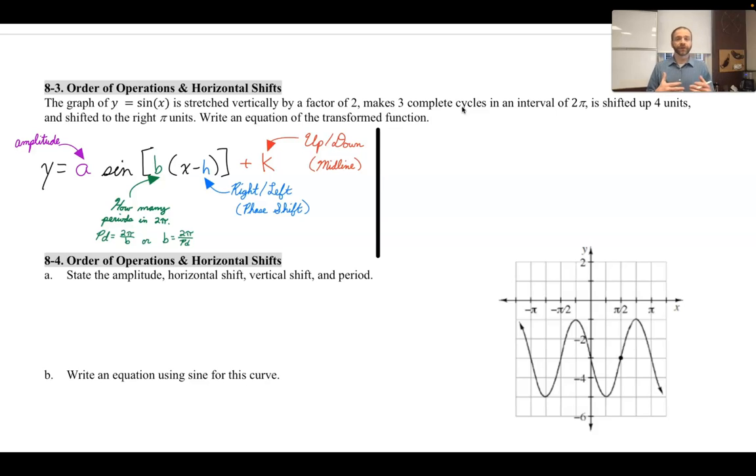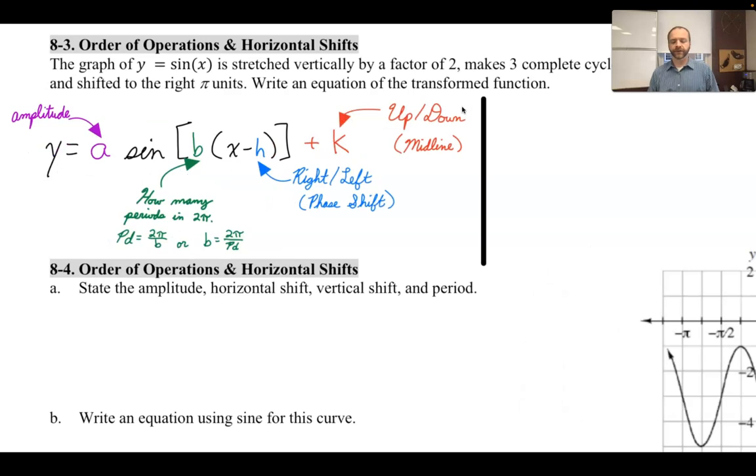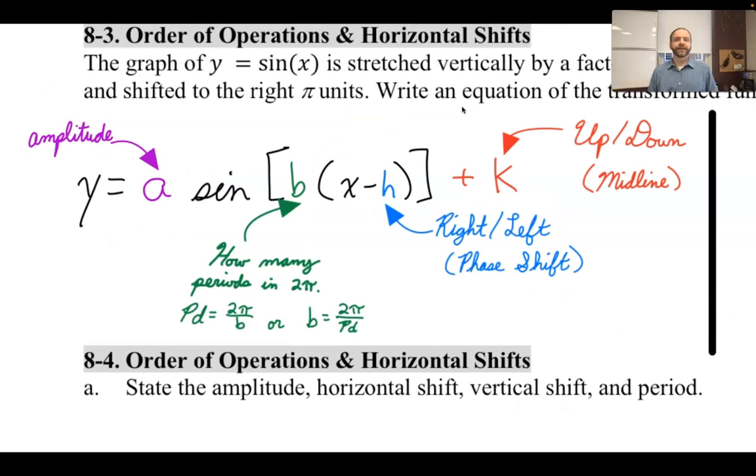To help us out, though, we're going to go back to something that was on our notes way back in chapter 2, and that was this right here. This is the general form when it comes to transforming trigonometric equations. A is your amplitude. H is your right-left movement, and as always, for trig functions we call it the phase shift. K is your up and down movement, and for trig functions that is your midline. B, we know, deals with the formula period is 2 pi over B,